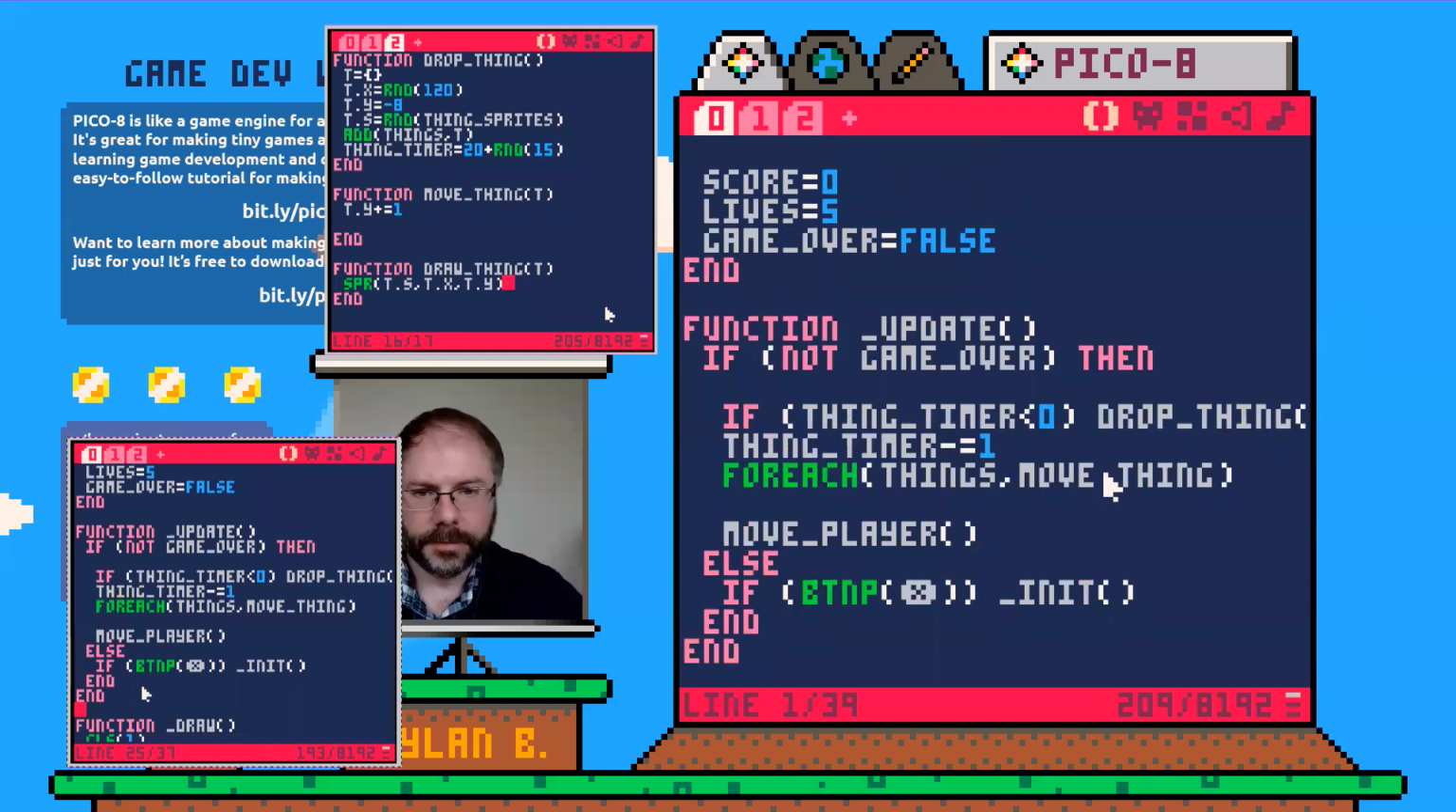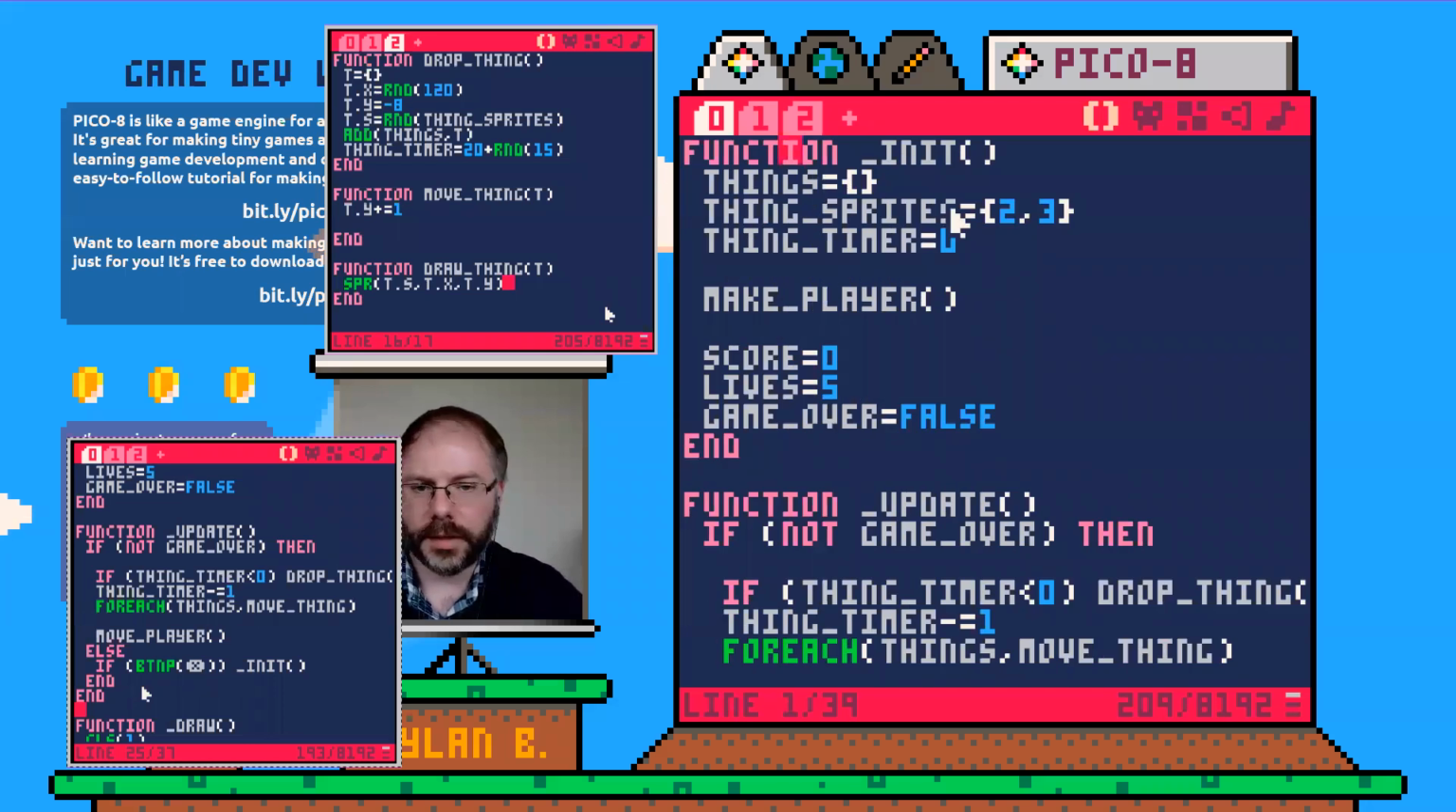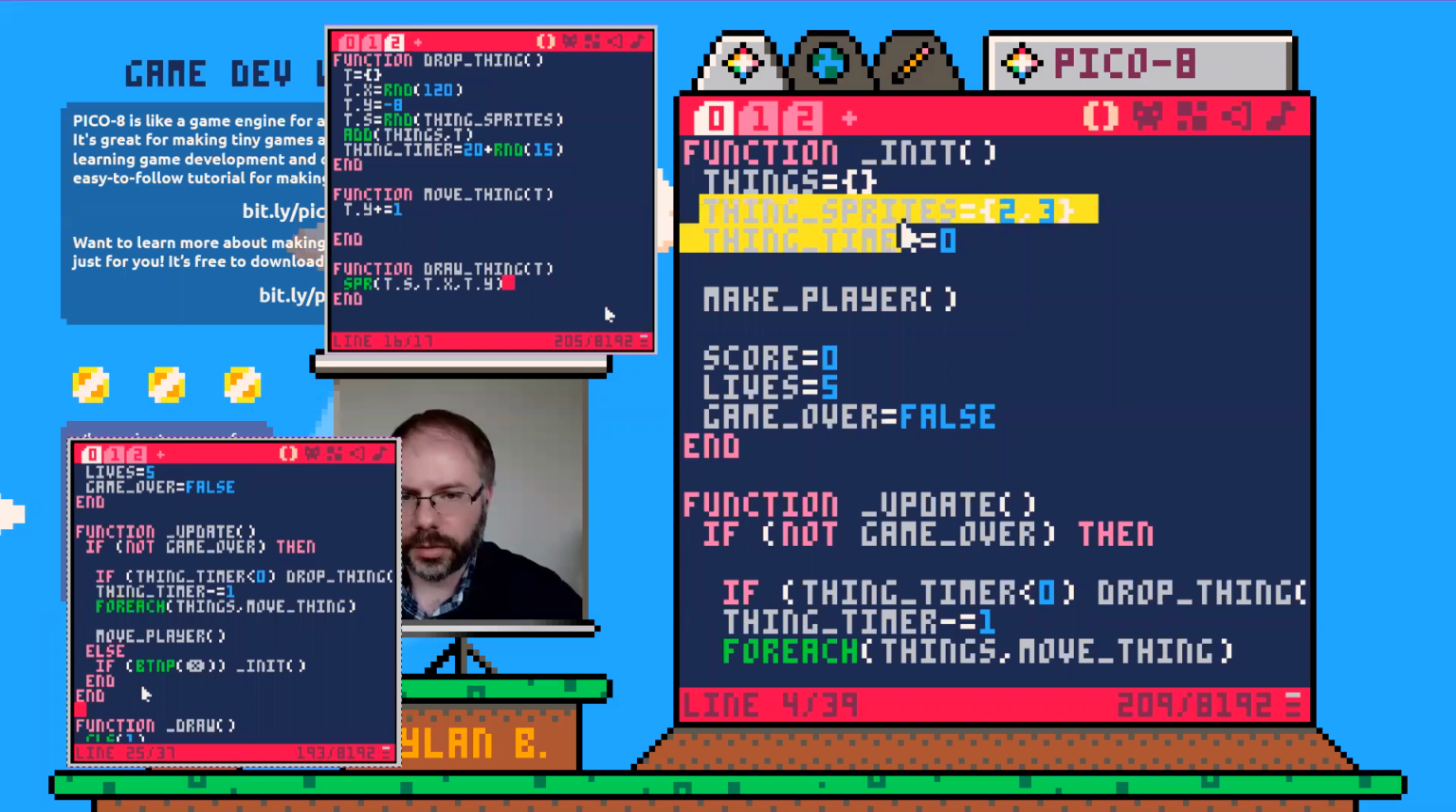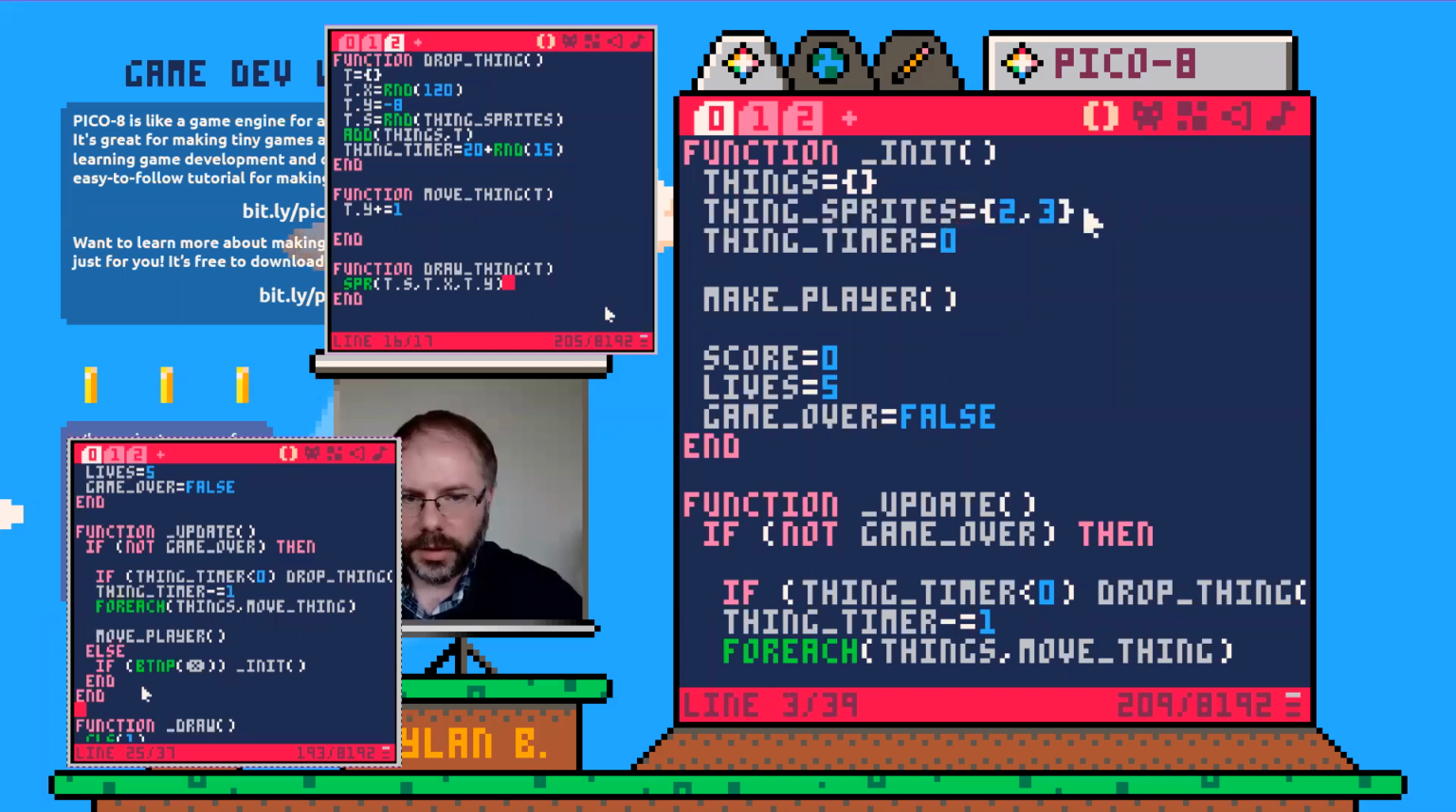Okay. So here's the thing. If you're getting an eraser sprite, you need to make sure you're using curly braces here. Curly braces 2, 3. And you need to say thing underscore sprites. And then the other thing is that